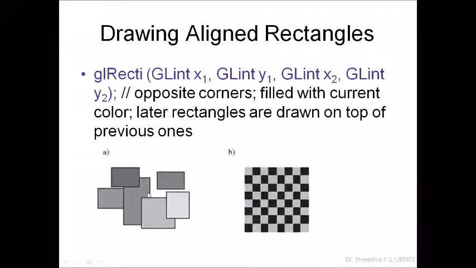For curiosity, if you are comfortable in programming, with the help of rectangles only, filled with the current color: when you create a rectangle, before calling this function, whatever the current color is, the corresponding color will be assigned to the rectangle drawn on top of the previous one. So using this activity, you can create a chessboard. This is created with the help of joining rectangles in a particular order. The same picture can be created with many other scenarios.